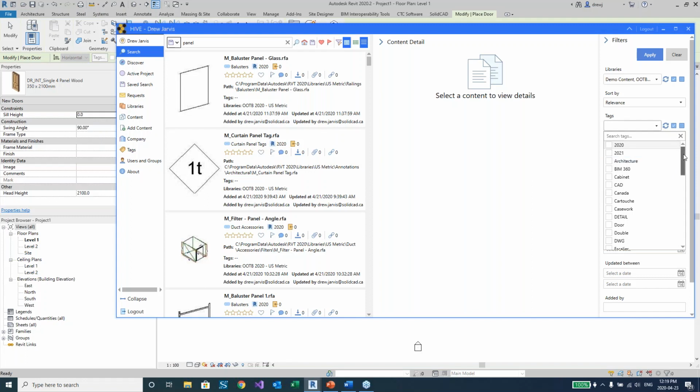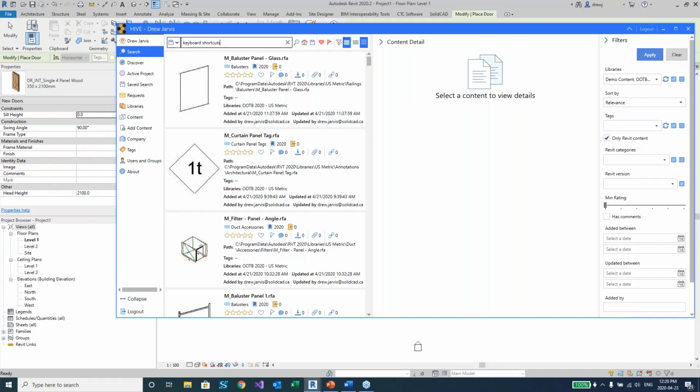Down here, we also have tags. So inside of my libraries, these are the different tags that I have available. So if I was particularly looking for something, then I can use my tags to filter there as well. So tags are placed onto the content when they're loaded in. I've also got it checked off here that it's only loading Revit content. So there could be PDFs and Word documents and things like that. Maybe if I'm looking for keyboard shortcuts,